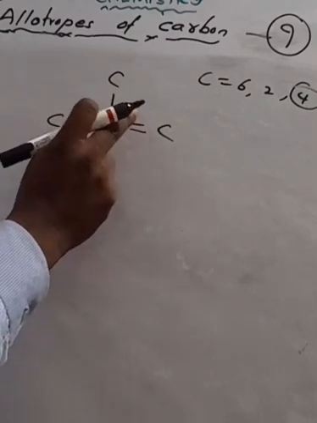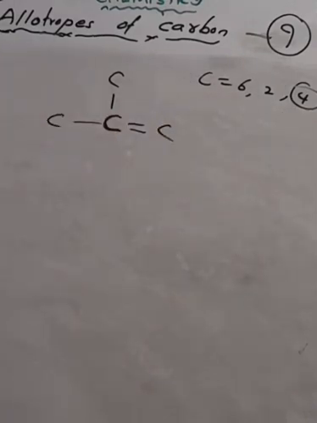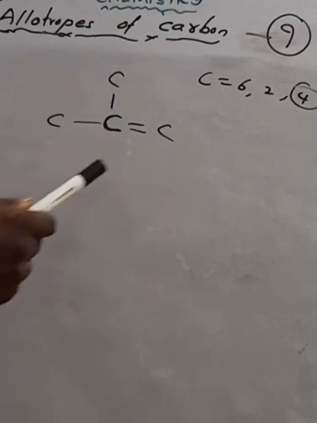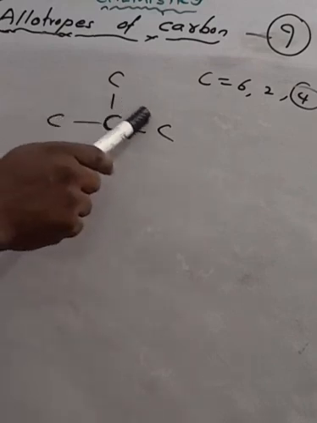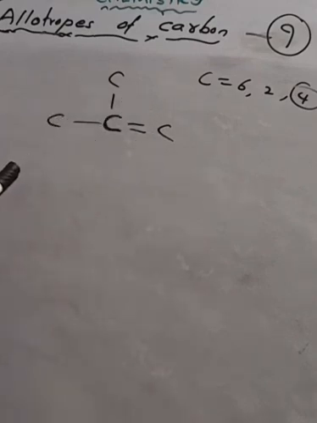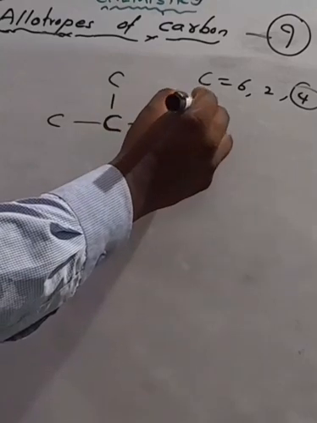Then the valence is 4, we know that. Again I am making a double bond on one side. If a carbon atom is surrounded by four single bonds, we call them sigma bonds, and that means sp3 hybridization. Here, having one double bond, it must be sp2 hybridization. Anyhow,